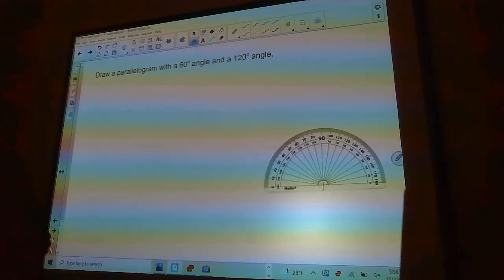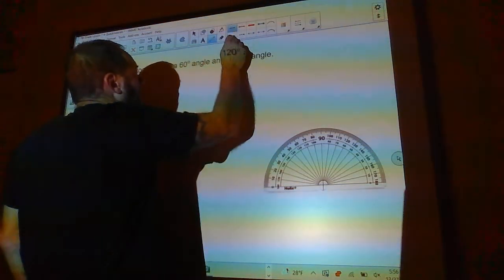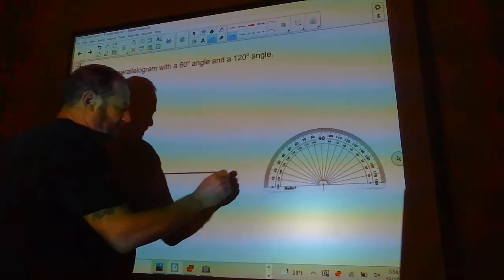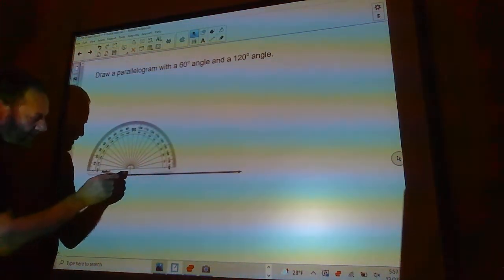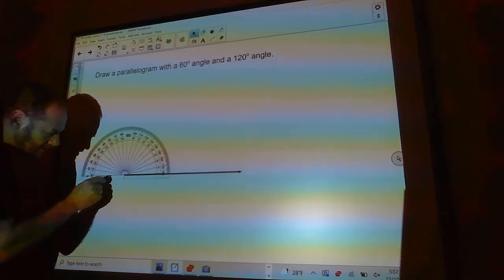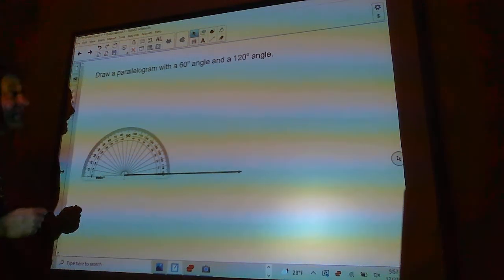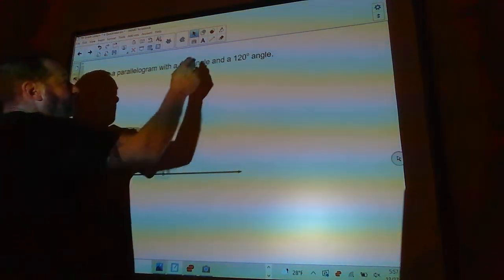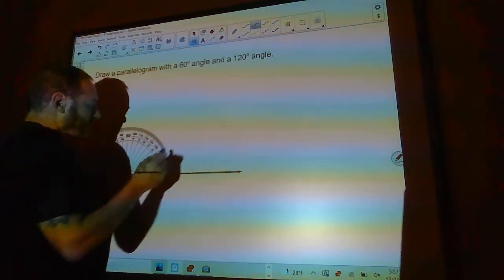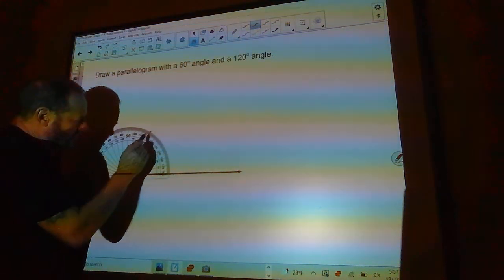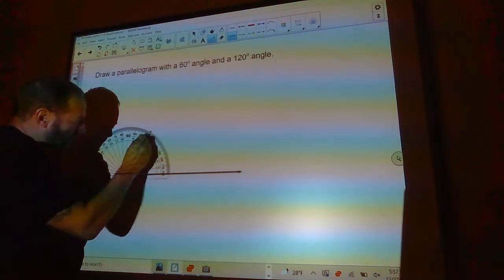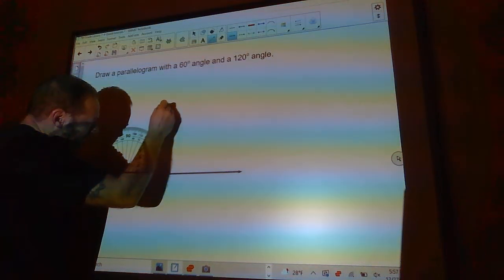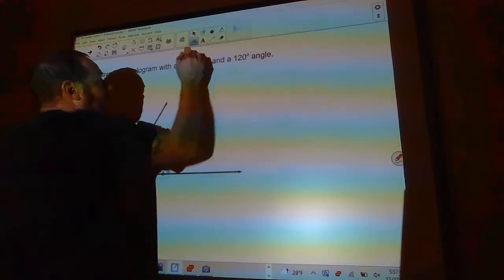All right, draw a parallelogram with a 60-degree angle and a 120-degree angle. All right, so again, this is going to be easiest if you just start out with a ray. Okay, take your protractor, line up this spot with the corner right here, and we're going to make a 60-degree angle. Okay, so my 60-degree angle is right here. Go ahead and put that there. We'll make a ray that goes from here. So now I've created a 60-degree angle